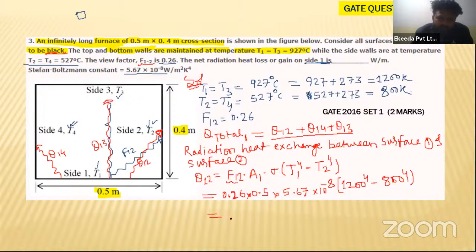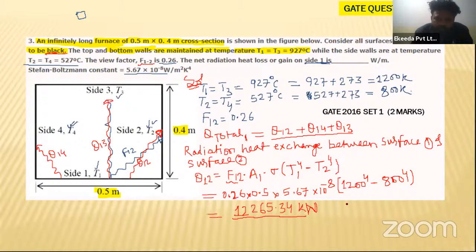So this particular value will become equal to how much? 12,265.34